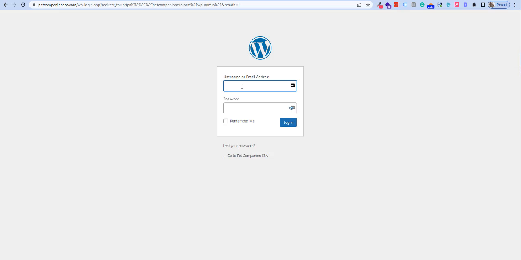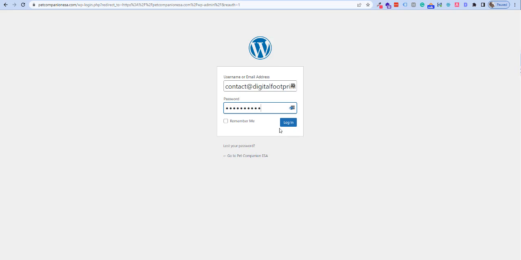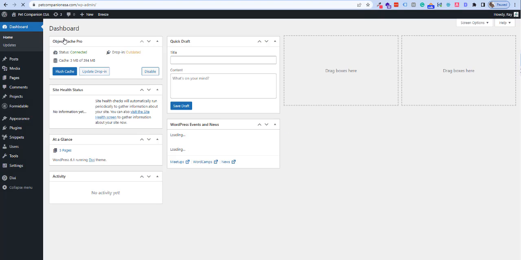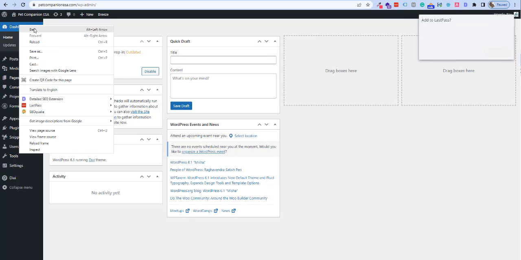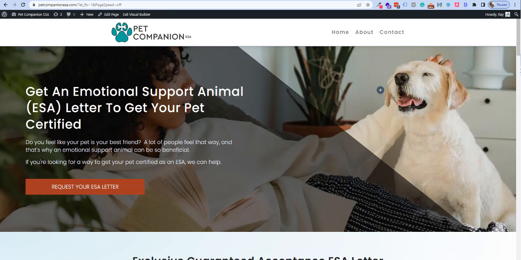So all we need to do is pretty much just go into our website and go on to the backend using the same username and password as your staging site. We're going to go to the website itself, and once we're here, I'm just going to enable my builder, and then all I'm going to do again is just resave it one more time.